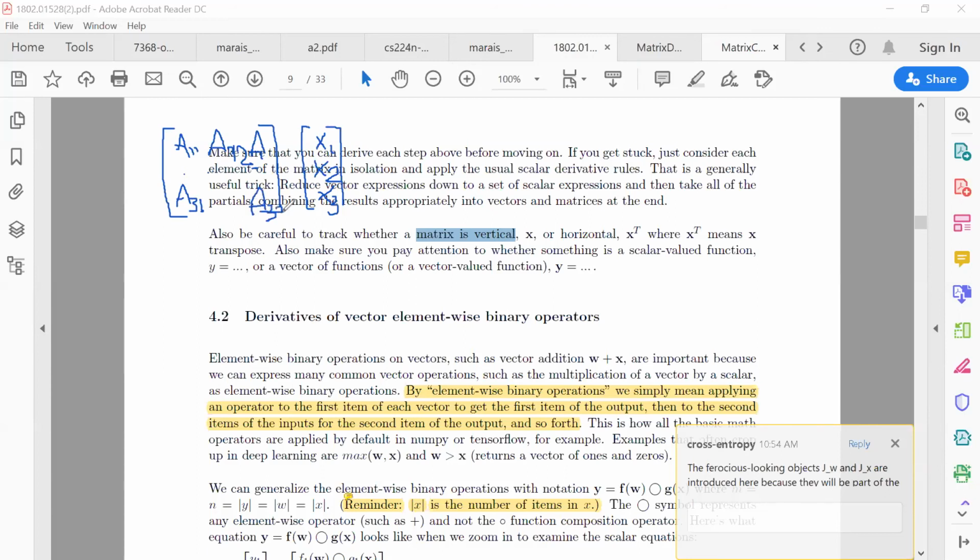Okay, so the idea is you're multiplying normally. This is the way you learned it in high school, right? You multiply a matrix on the left by a column vector, and then you end up with another column vector if it's 3 by 3. So you'll end up with some vector Z1, Z2, and Z3, right? But this is the point that Srinivas was making, that TensorFlow and also PyTorch,